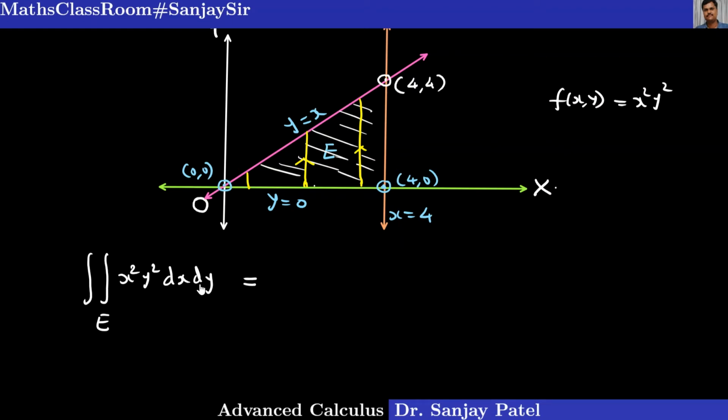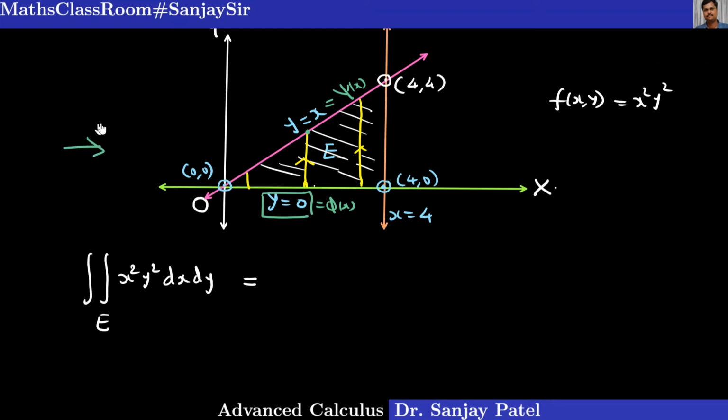The lower end of the strip is given by the equation y equal to 0. This is the equation of the curve y equal to phi of x. And the upper end of the strip, which is lying on this line, has the equation y is equal to x. So that is our psi of x. And to find the values of a and b, we always start walking in this direction,